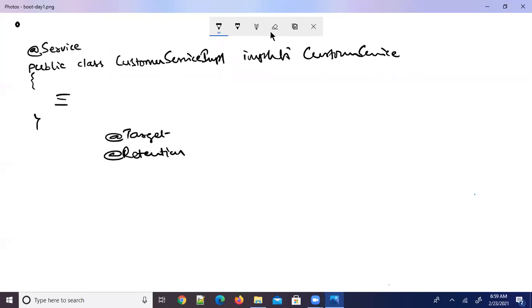Some annotations are useful till that class is loaded into the JVM. Some annotations are useful even after loading the class into the JVM, till the currently running JVM is terminated.